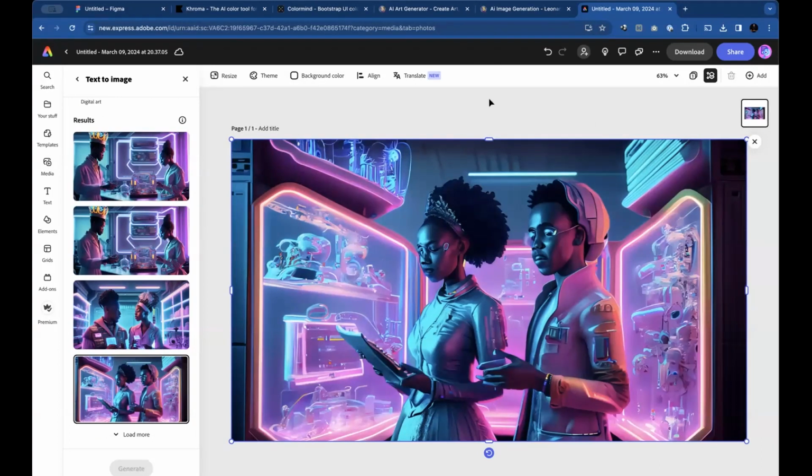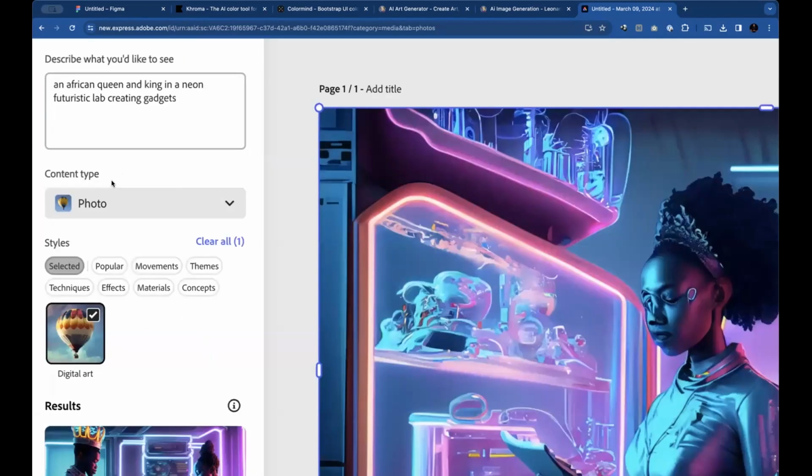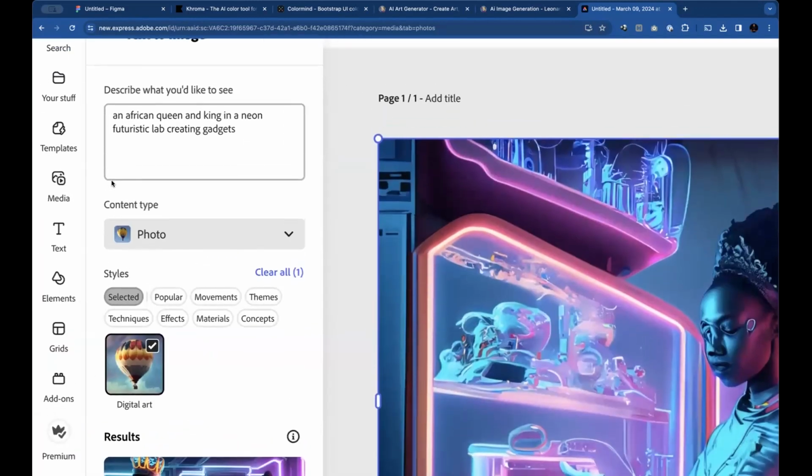Then the effect, how can I get the effect? Okay, so if you go to your left panel where you describe your prompt, can you see that? Okay, just below it, beneath it, you're going to find content type.